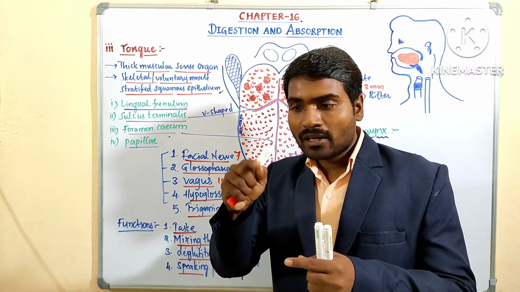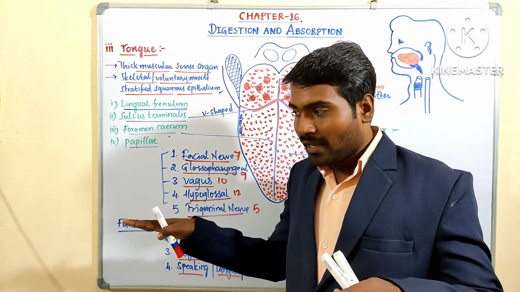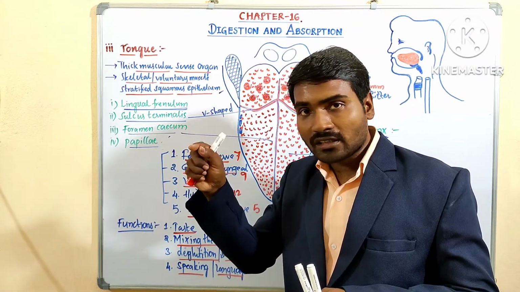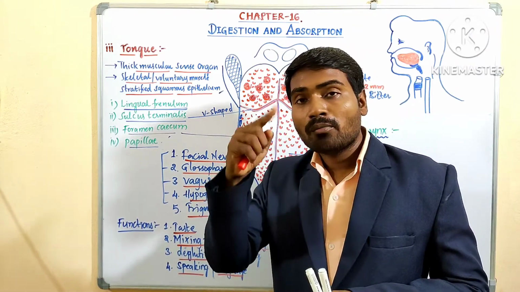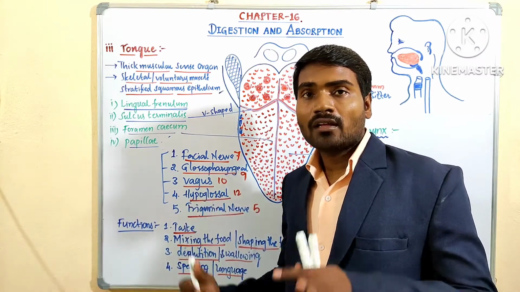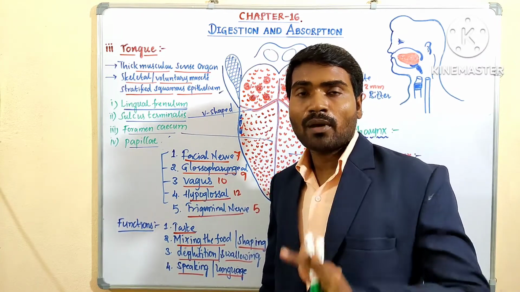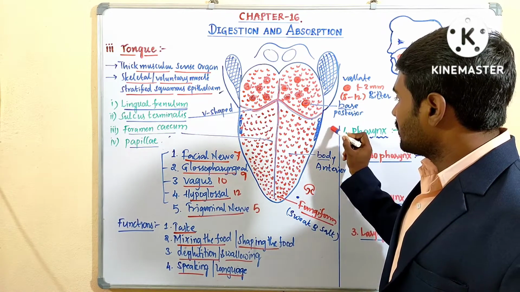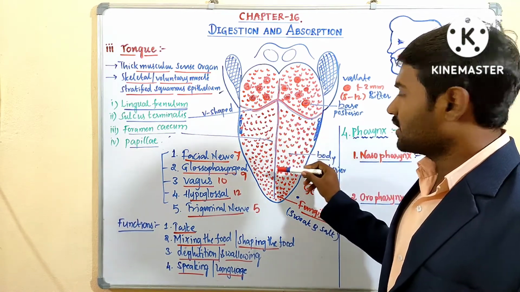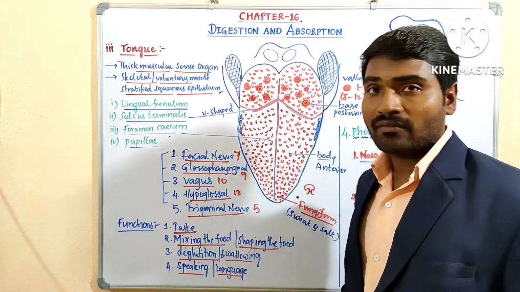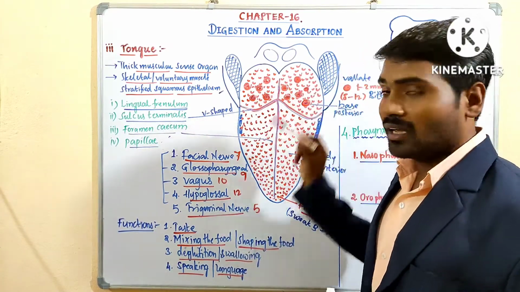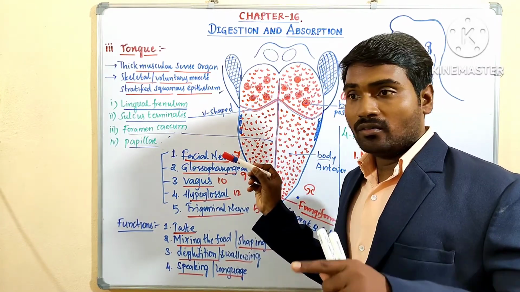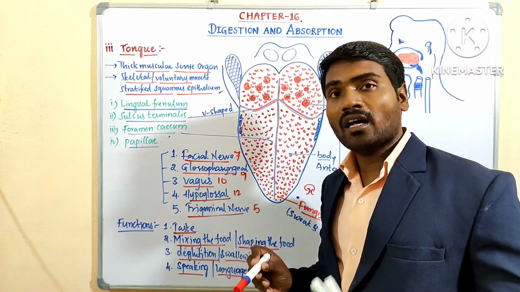Like a doormat, it looks like a plain, flat surface, but when we observe it very closely, it shows many thread-like structures. In the same way, the surface of the tongue is made up of many projections of lamina propria called papillae. There are 4 types of papillae we have learned: anterior fungiform papillae, foliate papillae at the sides, filiform papillae over the total surface, and circumvallate papillae at the base. Based on size, circumvallate are largest, thereafter fungiform, thereafter foliate, and finally filiform are smallest.